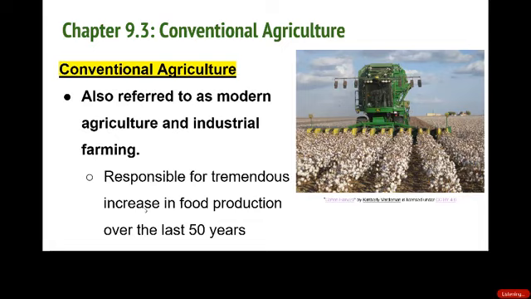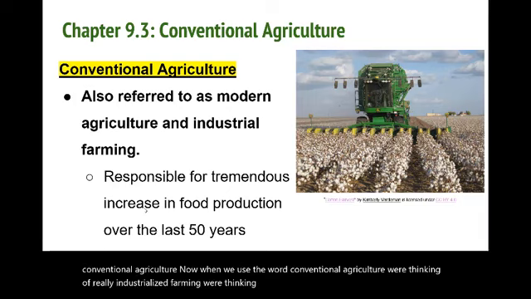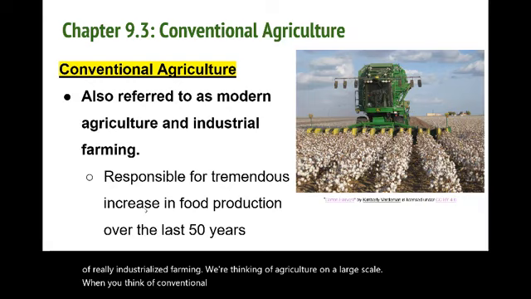So we've gone over soil and what comprises soil. What we're going to think about next is conventional agriculture. Now, when we use the word conventional agriculture, we're thinking of really industrialized farming. We're thinking of agriculture on a large scale. When you think of conventional agriculture, you don't want to envision maybe a person living in a rural area with a really small